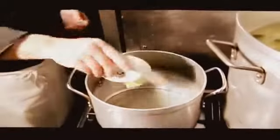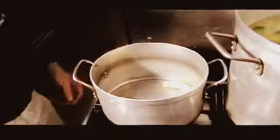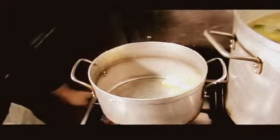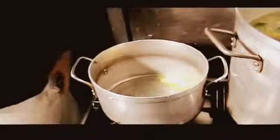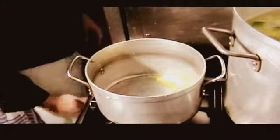Now, what I want to do is I'm dropping in some butter here, and you can hear the noise going on in the background, guys, but as we're all well aware, this is a live working kitchen, so just bear with us. So anyway, what I want to do is I'm going to add in